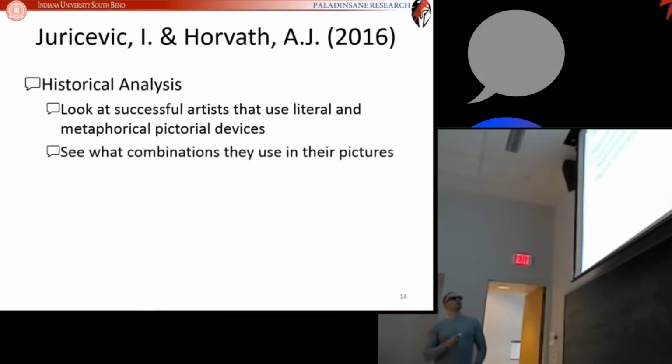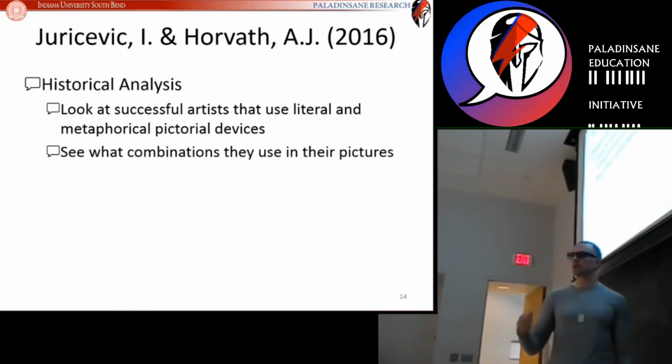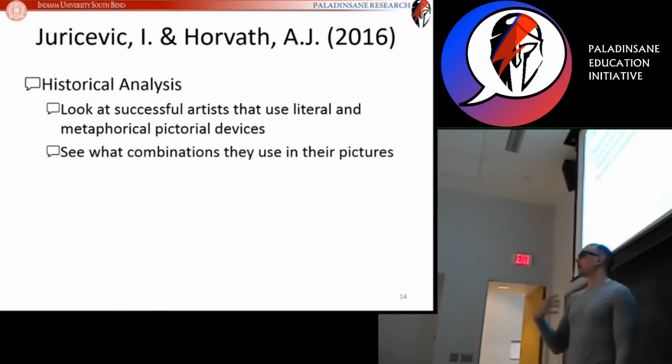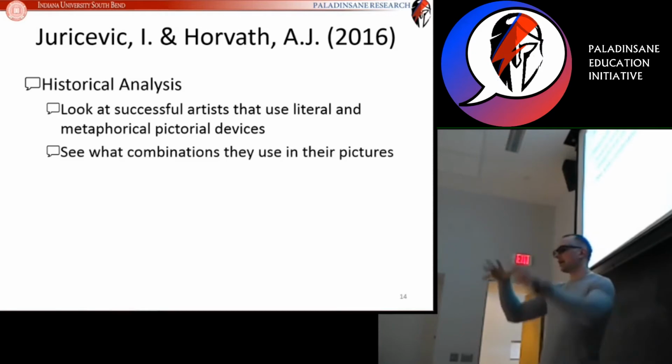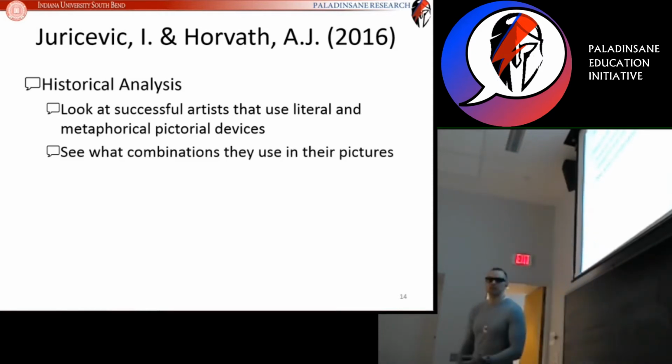And we wanted to look at successful artists because we wanted to make sure that we were looking at pictures that could be understood. Anybody can just throw paint on a canvas, and you won't understand what it is, and usually you won't buy it, or you won't want to see very much of it. But if you can communicate with a picture, then that picture might become popular. So looking at popular pictures meant that we were looking at artifacts that we knew were successful, that we knew communicated successfully.